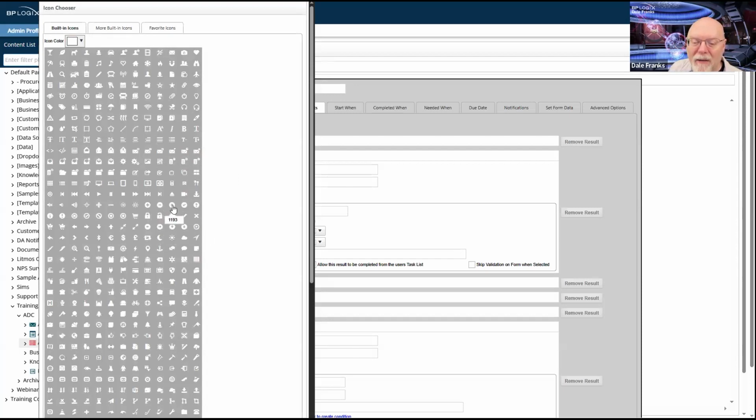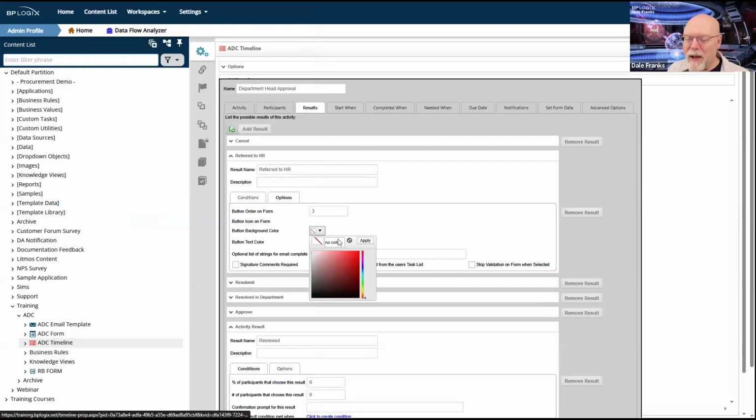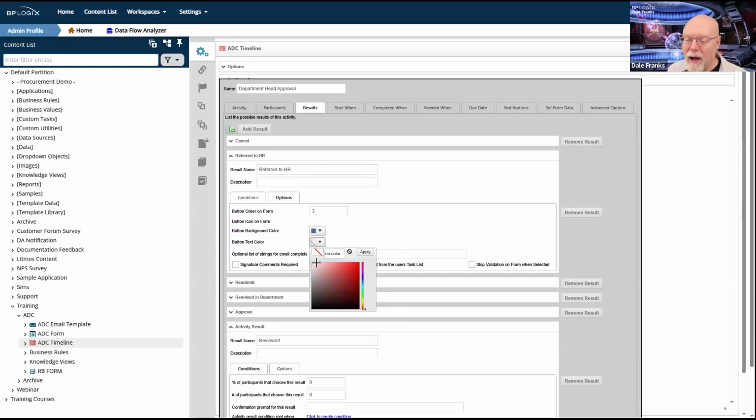I think of the checks that I have here, because I like using the same sort of buttons, icons. I'm just going to give it a plus icon. It means somebody else has to handle this. Once again, I am going to set the button color as, let's say, 528 BBC, which is not really the color that I want. I want something a little darker than that. So I'll just pick something of a little darker shade. I'll hit apply there, and I will set the button text as always to white.